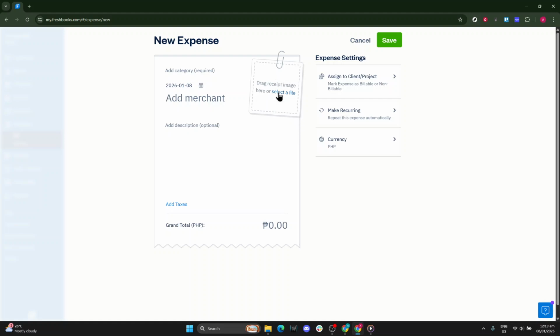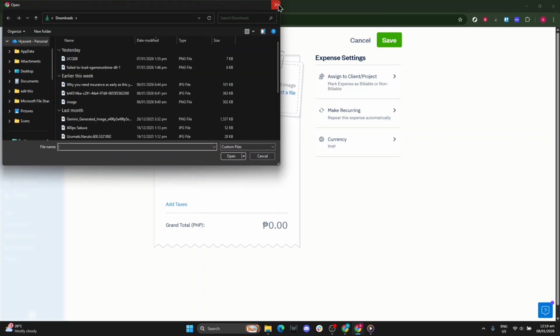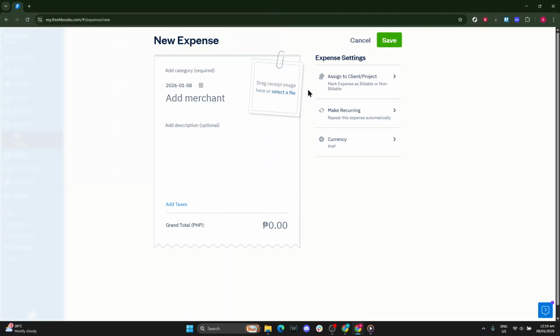That's it. You've opened expenses from the left sidebar, created a new expense from the upper right, and uploaded your receipt by choosing the file. From here, you can continue with any fields your organization requires, confident your receipt is